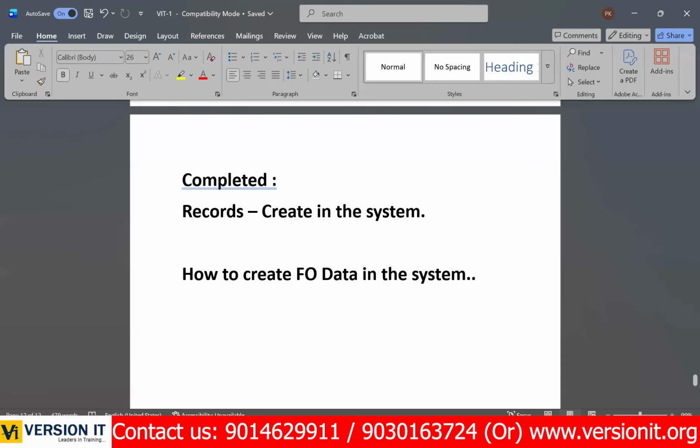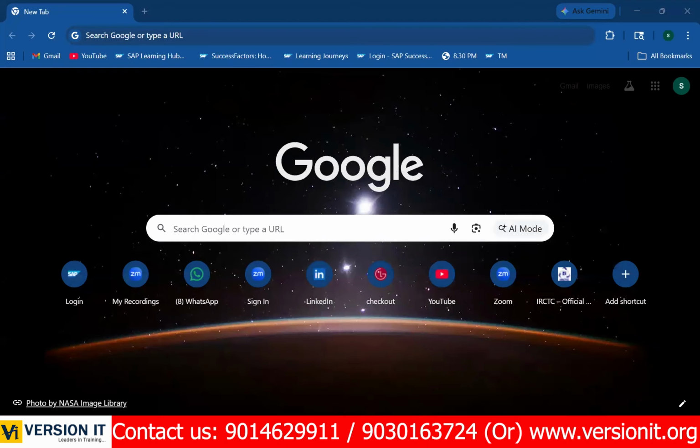I hope everyone is able to see my screen. I am in Chrome. Okay, Google Chrome. I am in Google Chrome. And as discussed in the demo already,